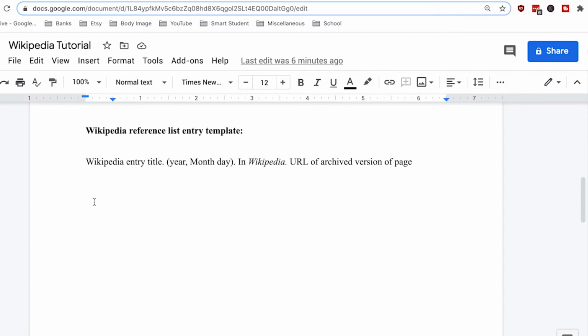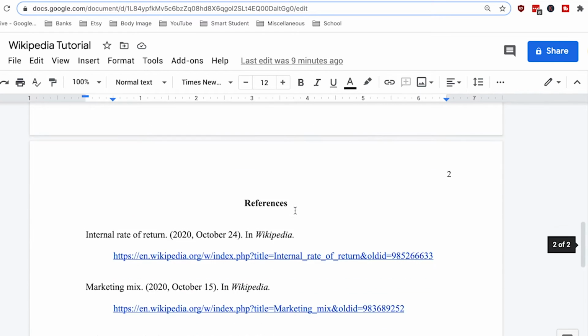The way a Wikipedia entry is different is that if you notice, there is no author element in this template. Also, in the source portion of the element, notice that it's asking for the archive version of the page rather than just the standard URL. The reason there's no author element is because the author of a Wikipedia article can change, meaning that the information in the article can change, which is why you want to use the archive version of the page. So you understand, let me go ahead and demonstrate a few examples for you.